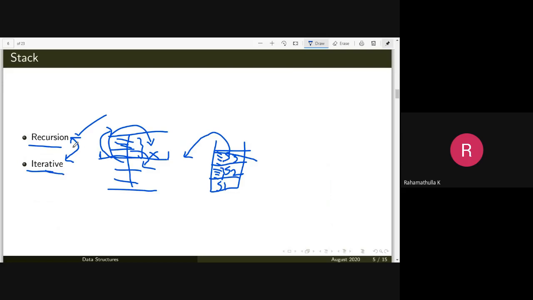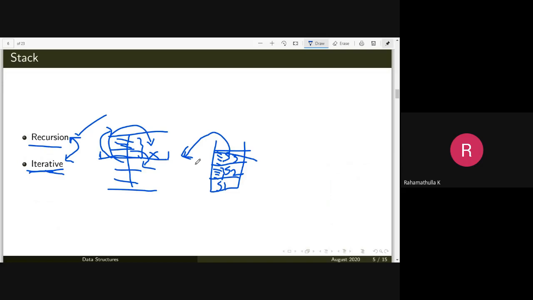The reverse you can also think in the reverse way, like you have an iterative procedure which internally uses a stack written by the programmer.